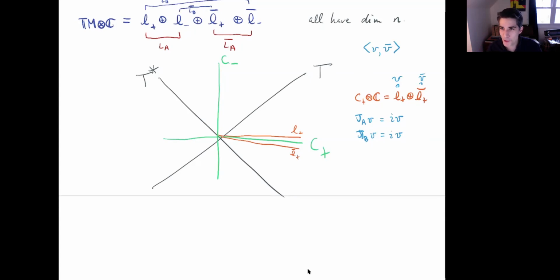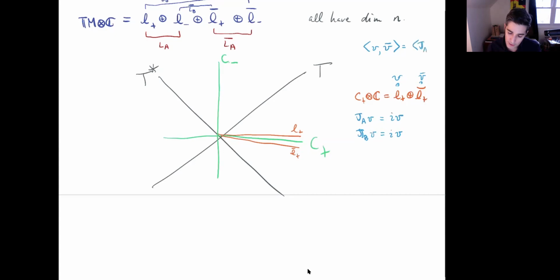I'm just hoping that I didn't choose my conventions wrong, but if you check this out, you can put a J_A in on both sides, and you'll get... sorry, what am I trying to show? I want to show this is positive definite. So right, you could say that this is the same thing as J_A V. So if I take V and V bar, we could say that this is J_A V,